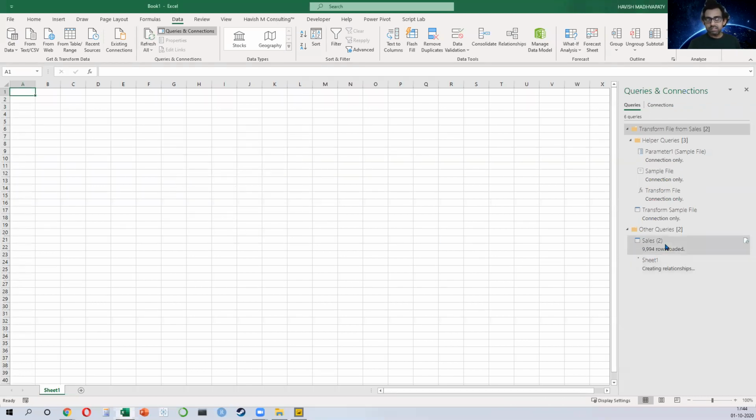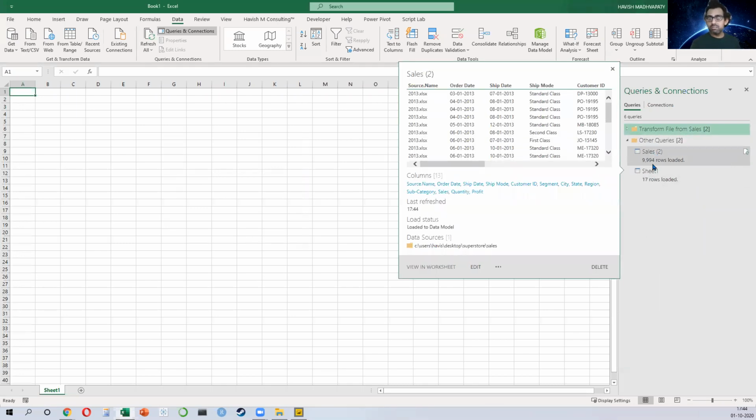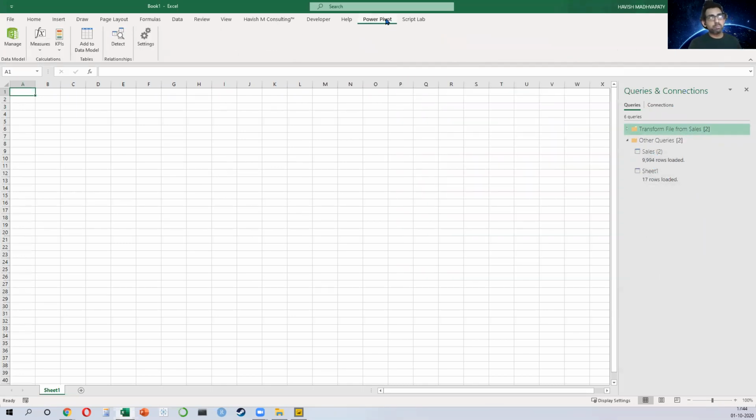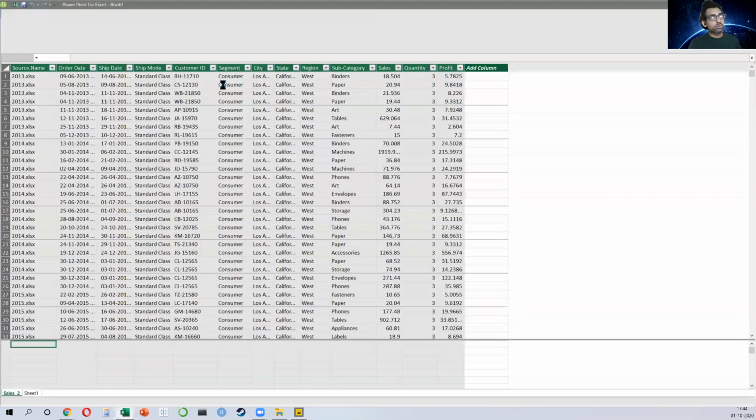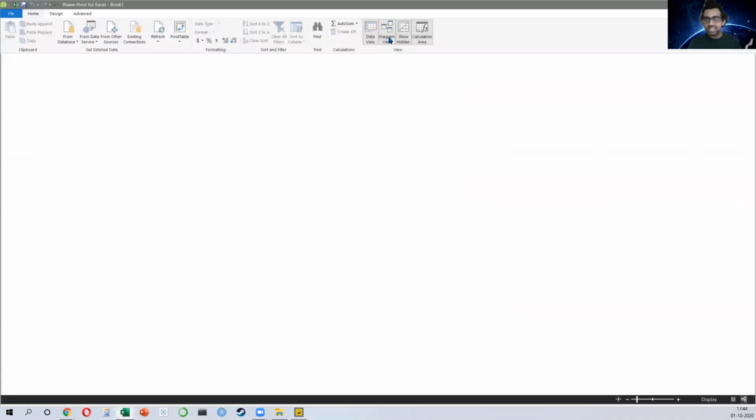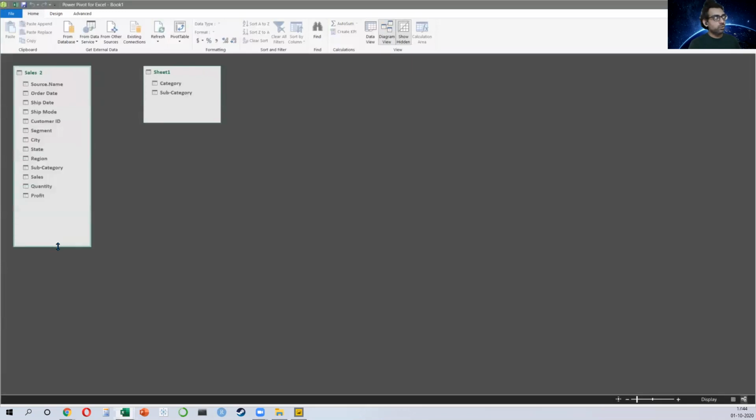Now you would say that there are 2 models. These, everybody, the query, just don't look at the other things. These are the 2 connections, but where is the model? Where do I create the relationship? Now I go to Power Pivot, and in Power Pivot, you notice that I have the same view that I have in Power BI. So what did I do? I selected my subcategory and I put it in subcategory. I'm doing the same thing here. We're creating a one-to-many relationship.